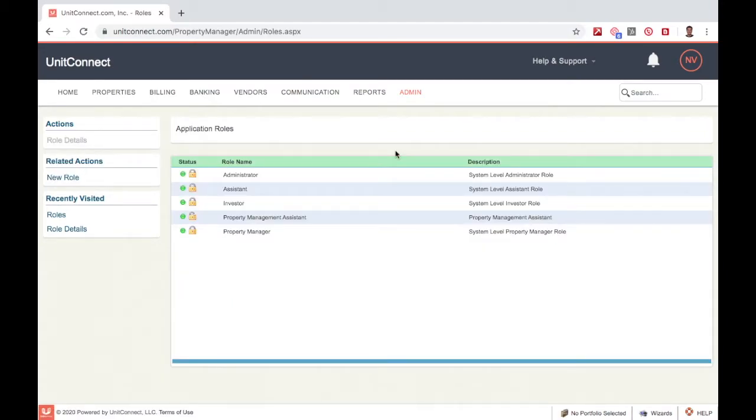Please note that the default roles within the UnitConnect software include administrator, assistant, investor, and property manager. Please note that in a previous video tutorial, I created a new user role, which I called Property Management Assistant. Within your organization, you will have different people that have different roles, and therefore you're going to want to assign them the appropriate role so that they can have access to the right information and different tabs